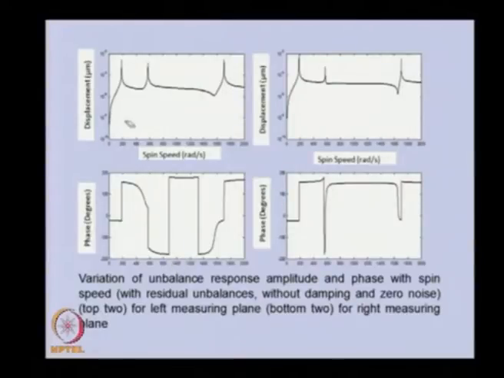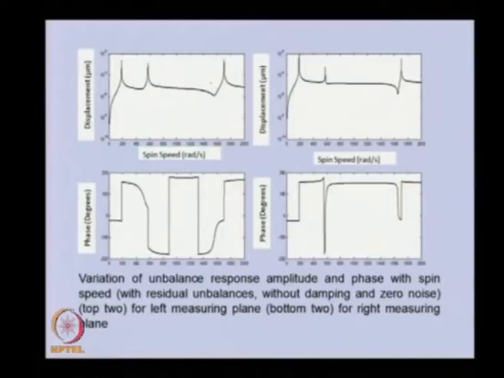In this we have changed the speed of the rotor up to beyond the third critical speed. This is the first, second and third critical speed, and in the phase plot you can see there is a change in the phase wherever there is a change in the peaks. Here also these changes are basically because the phase is cyclic. So if it is 0 here, 361 will be here, so basically this line should have been here itself. As such, there is no phase change here. Phase changes are only at the critical speed locations.